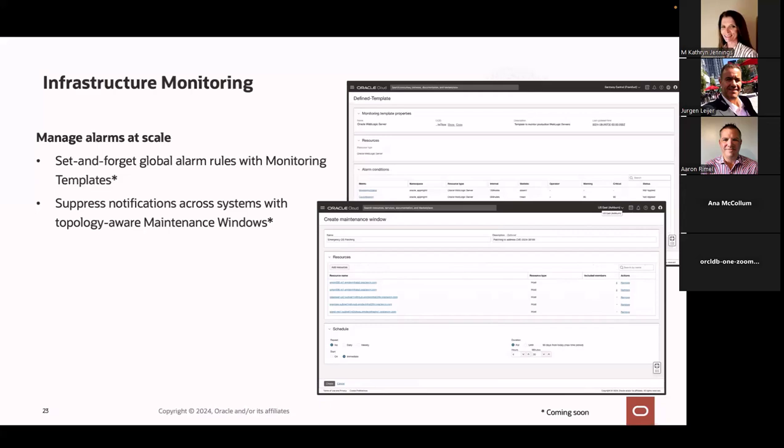Then suppress notifications with topology-aware maintenance windows to